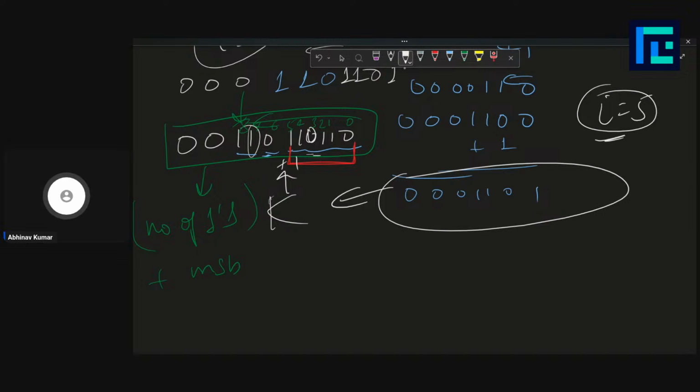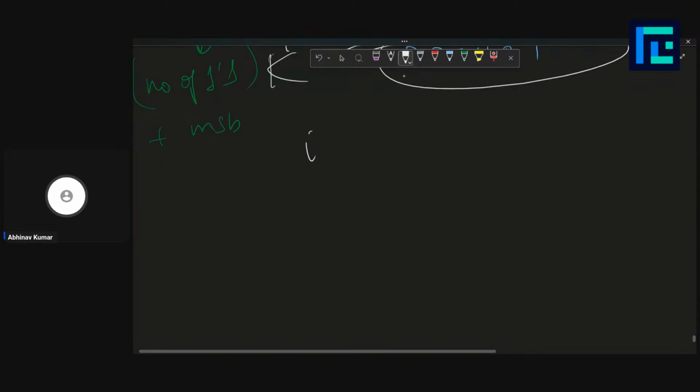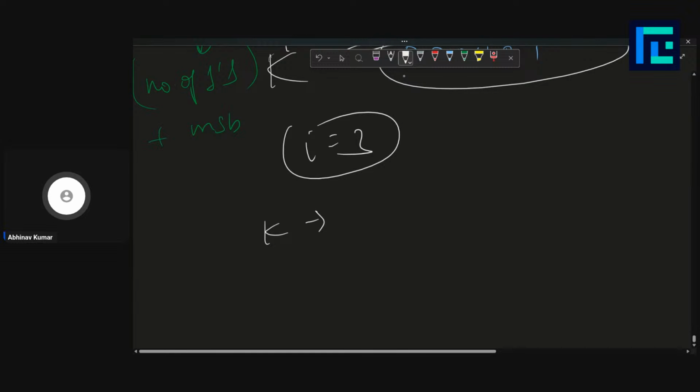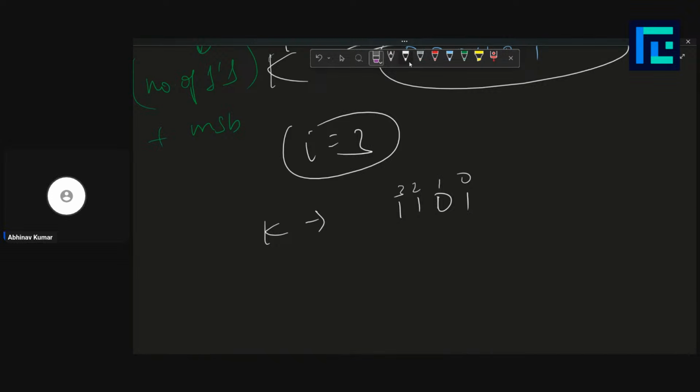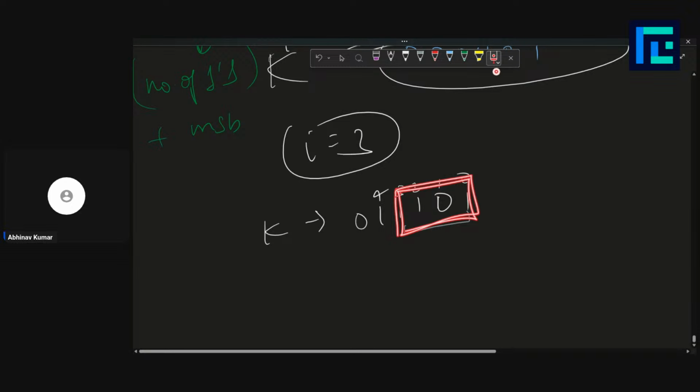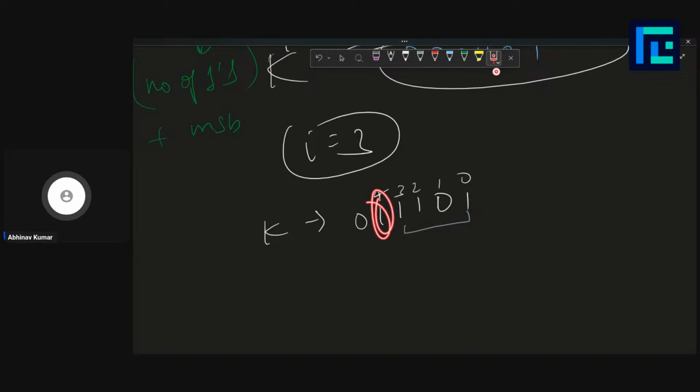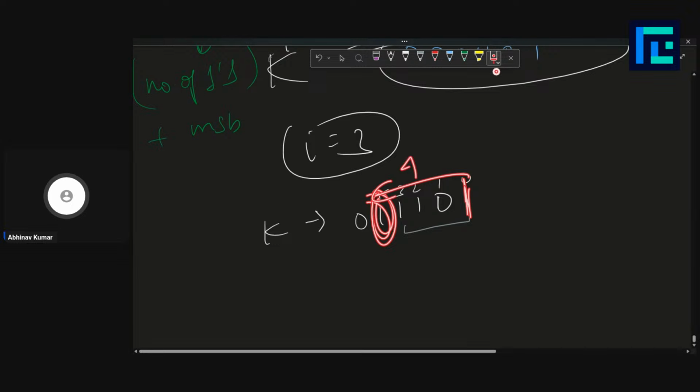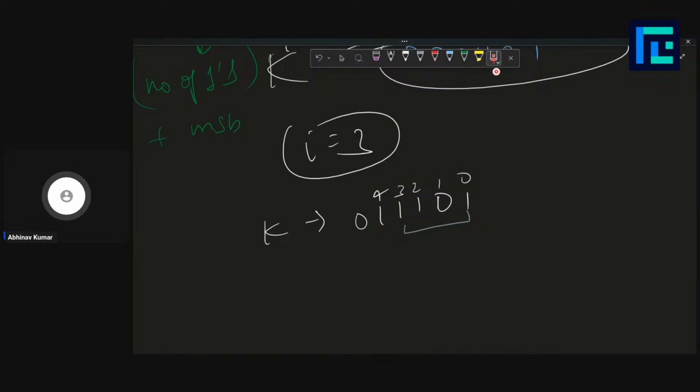Let's take a smaller test case only. Let's say I is 3 and you want to reach K is equal to 0, 1, 1, 0, 1, something like 0, 1, 2, 3, and let's say 0 here. Okay, let's say I is 3. So you can make this particular number only through left shift operations, but you cannot get a 1 here, because in order to reach a 1 here, you would have to do 4 left shift operations. So in order to reach here, if you do a plus 1, what we can do is we can start with